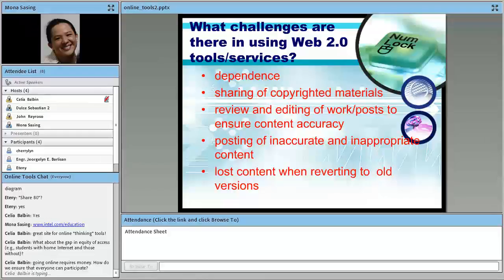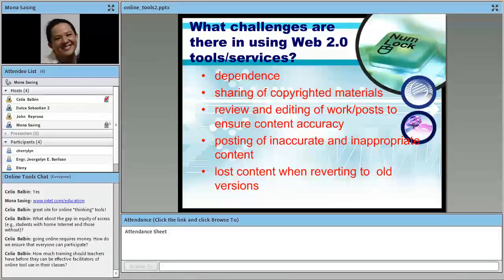So how do we ensure that everyone participates? One strategy is to group your students such that those with internet access at home are distributed, para pwede nilang mapapunta sa bahay nila yung kanilang mga kaklaseng walang internet access.